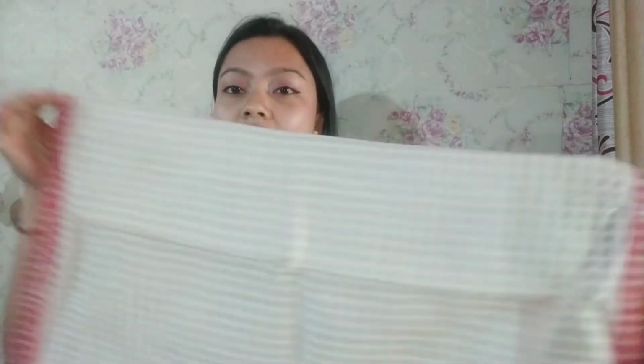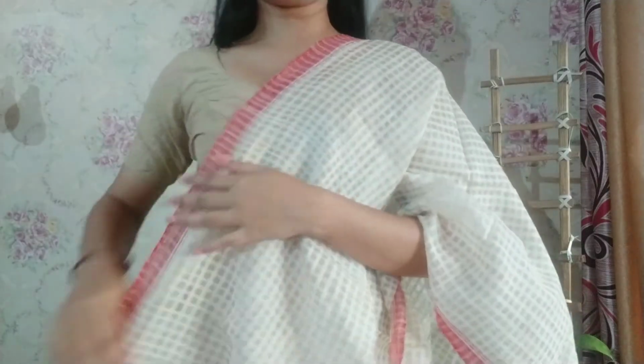And then this is what the chador looks like. It's plain, and I already said it's very narrow. This is the best thing about riha. You can also make plaits and then wear it, but I don't want to make plaits, so this is how I'm wearing. And now just take here and take the other end